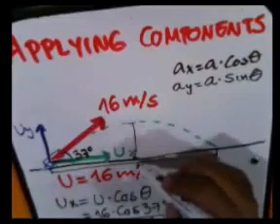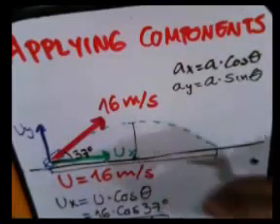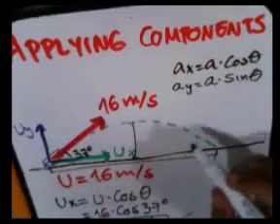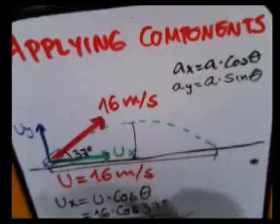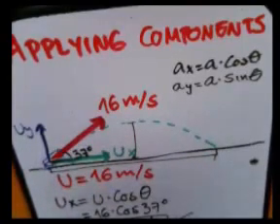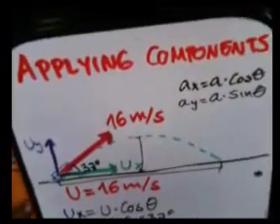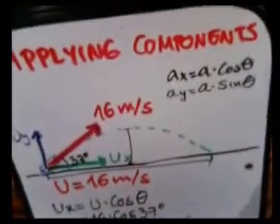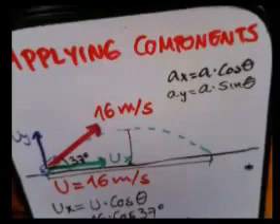We can find the range, we can find the maximum height, we can find the time that it takes to complete that whole thing, we can find the velocity that it has at different points in the trajectory. So this first part about vectors and components is the foundation of what we will be learning later on. So make sure you get this, make sure you complete your notes. This should be in your notebook, this whole thing, because those are the notes that we're going to be using